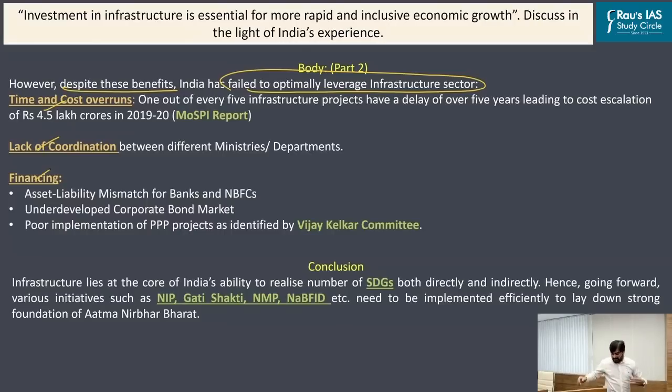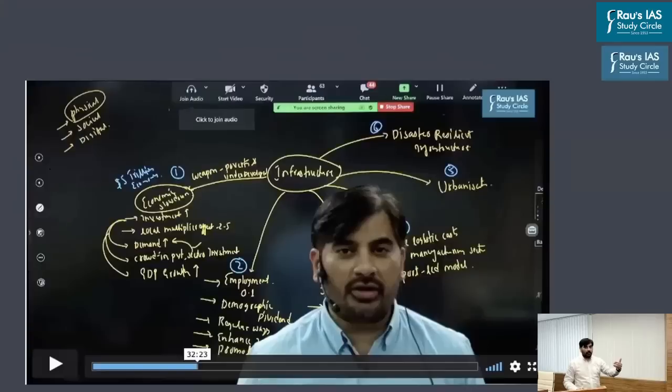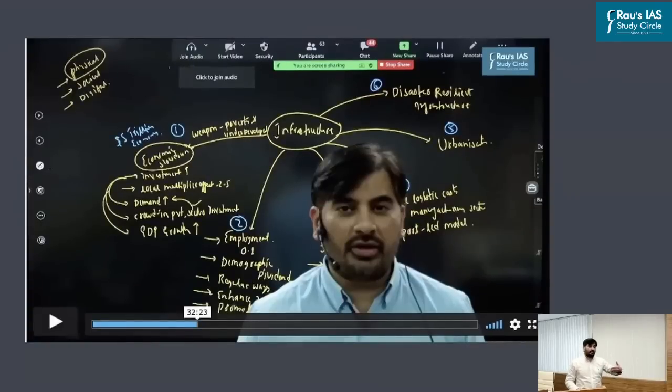Now, for example, as far as this topic of infrastructure is concerned, not only have I discussed this topic in your current affairs classes, apart from that, I've also revised this particular topic for the students who are appearing for this year's mains examination. As you can see, this is a screenshot from the revision classes which I had conducted before the mains examination. And in this particular revision class, I had discussed about how creation of infrastructure will help us bring multifaceted benefits